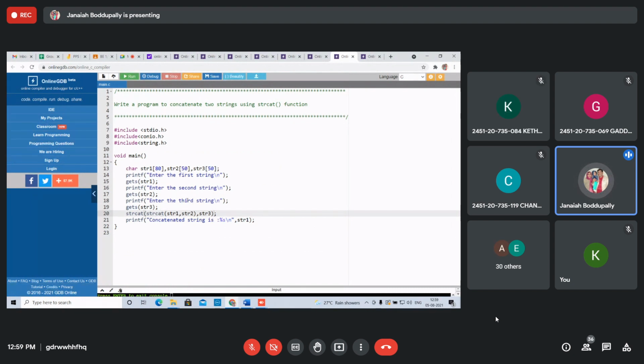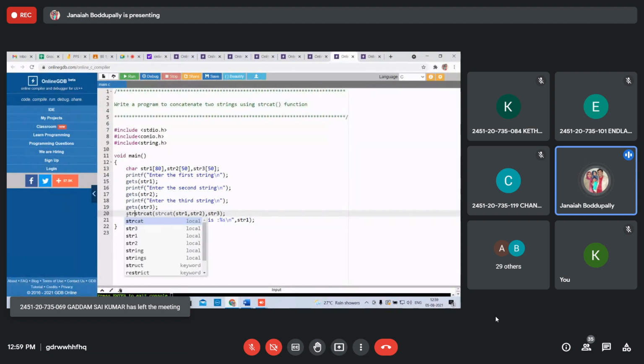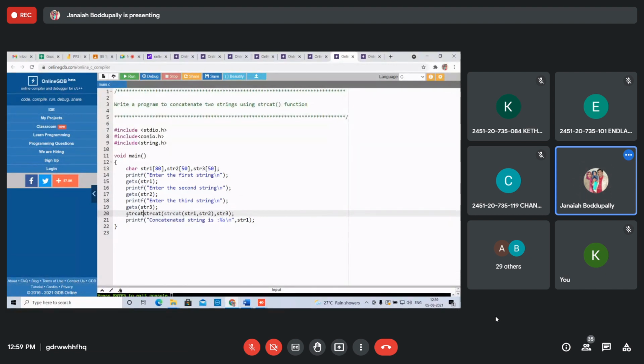If you want to take one more string also, instead of writing strcat, I have not taken string 4. What should I do? Comma, double quotes, HYD. See this. The 3 strings I'm taking from the keyboard.